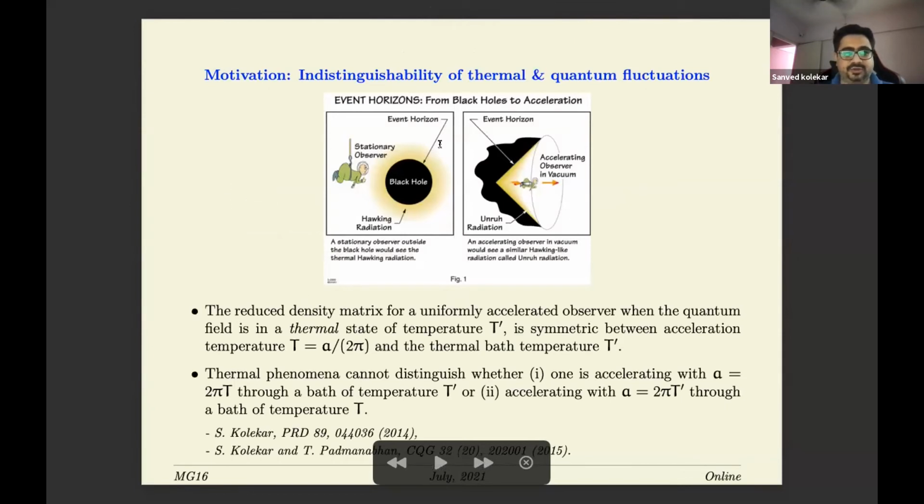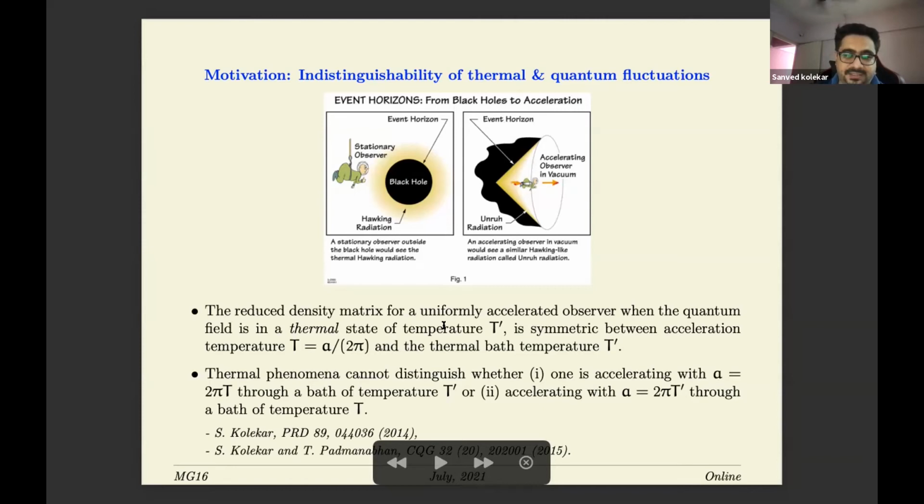Yeah, so it has to do with this particular result. We know that there is this analogy between the Hawking radiation from black holes and the Unruh effect in flat space-time. The usual Unruh effect, which we are familiar with, is the following: you have an inertial observer who sees vacuum, and then you have another observer who is uniformly accelerating. The uniformly accelerating observer sees a thermal radiation with a temperature proportional to the magnitude of his own acceleration, provided he is moving in the inertial observer's vacuum.